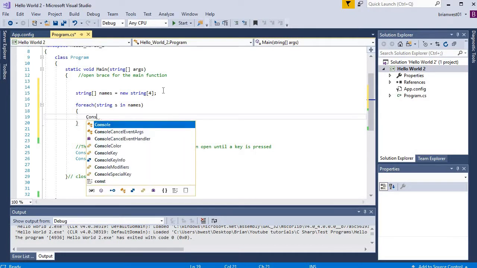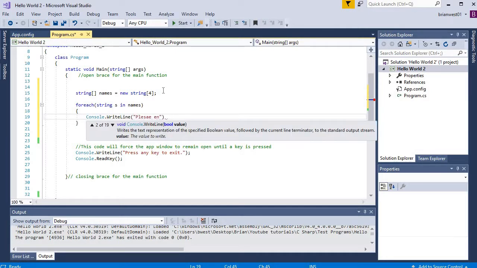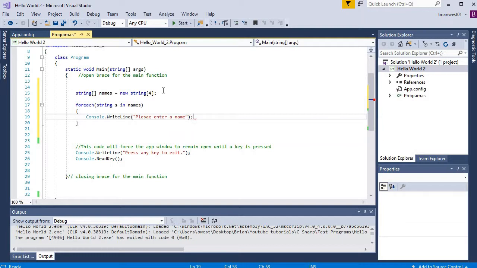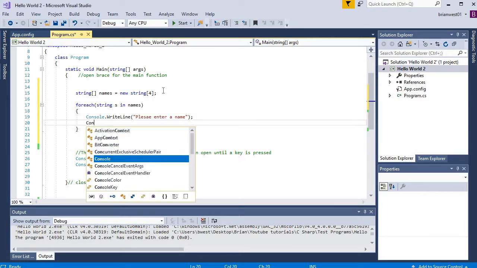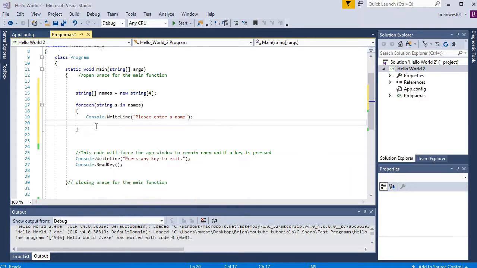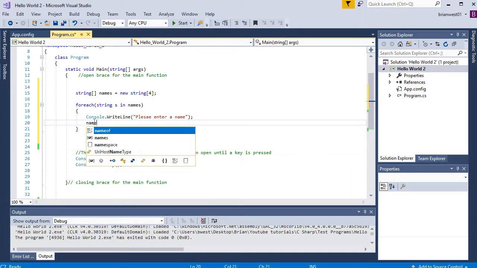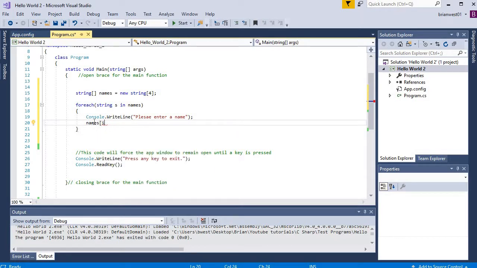And let's say console.writeLine, "Please enter a name." And then I want names, not int, or no, actually,